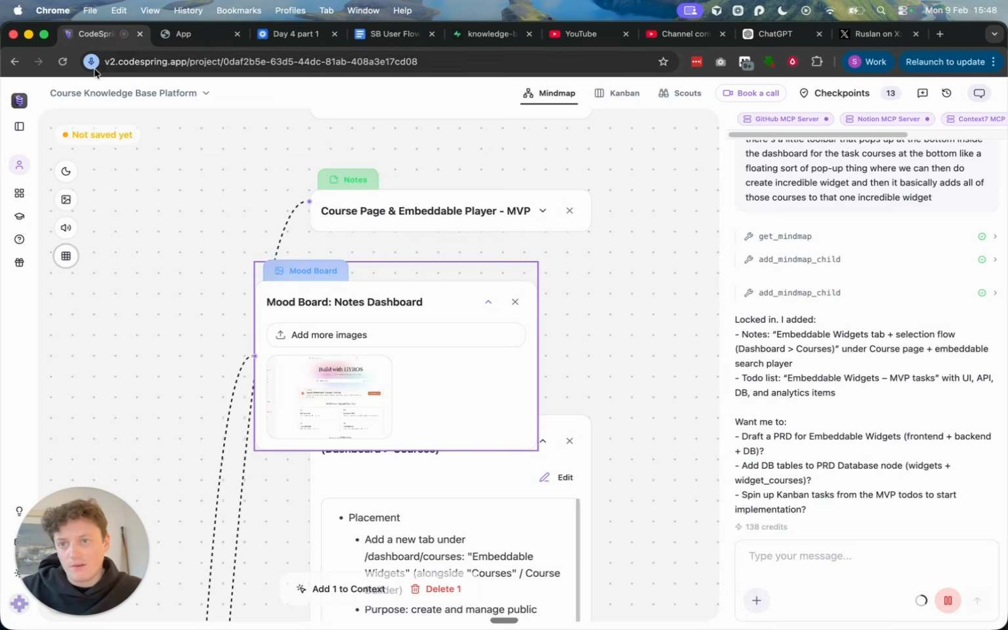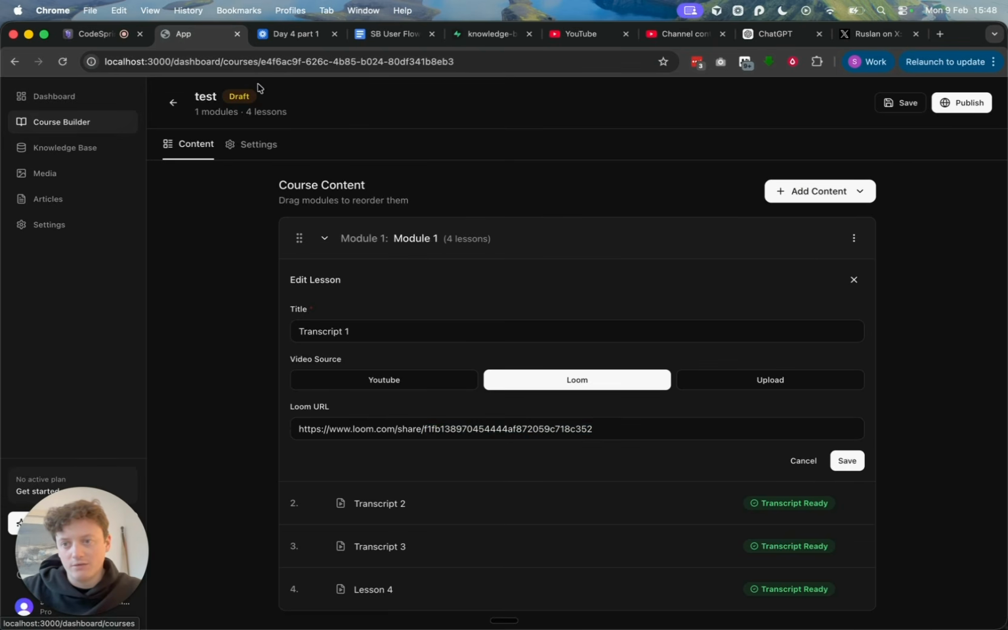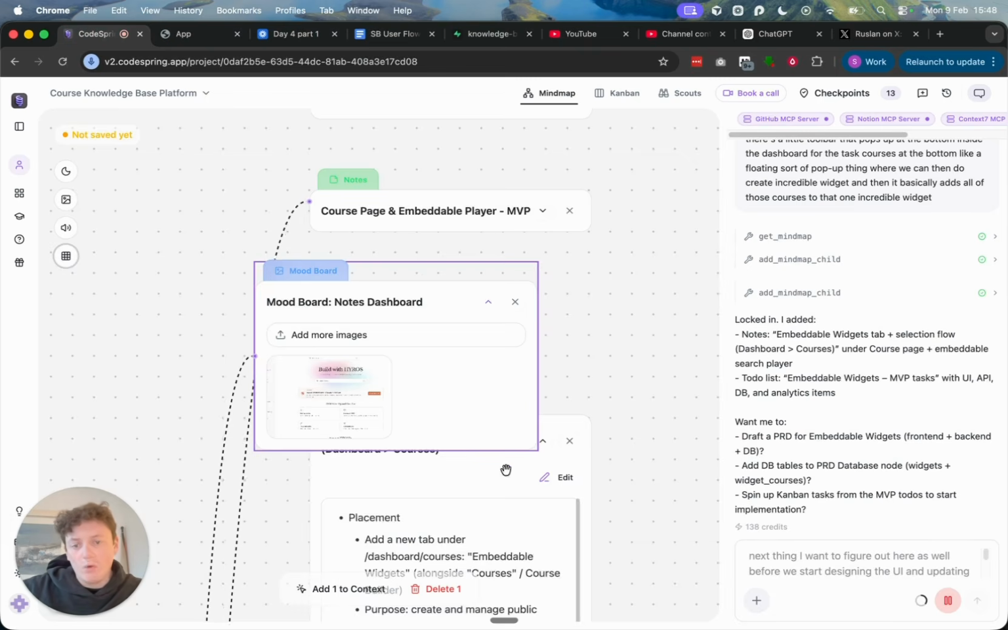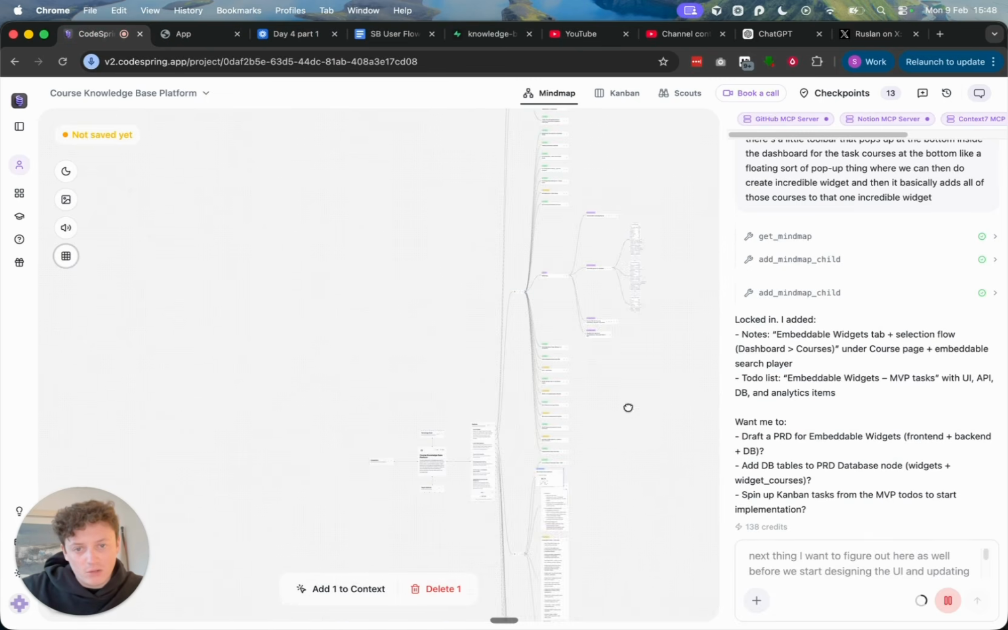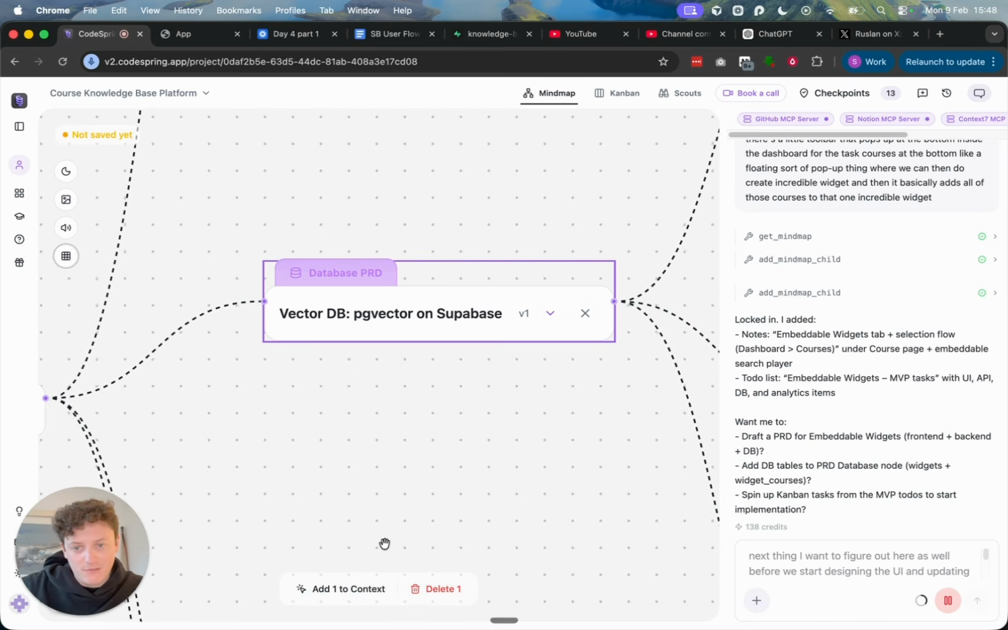The next thing I want to figure out here, before we start designing the UI and updating the course builder tab in our app, is that I have multiple courses that I select to be in that embeddable widget that we're going to deploy to embed on our website. The way that the knowledge base database works, if you actually look at the requirement docs for it, which I'll tag for the vectors, PG Vector on Supabase,